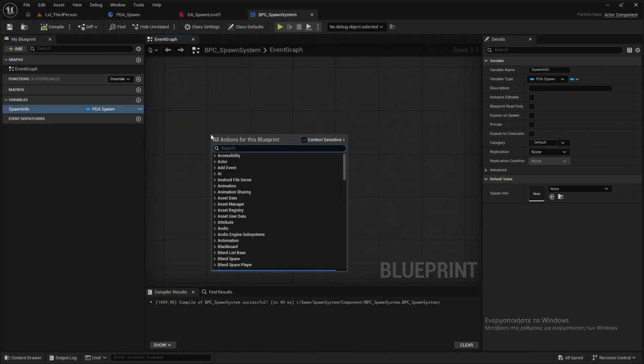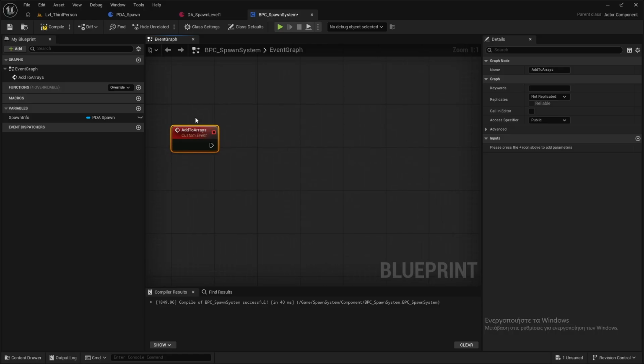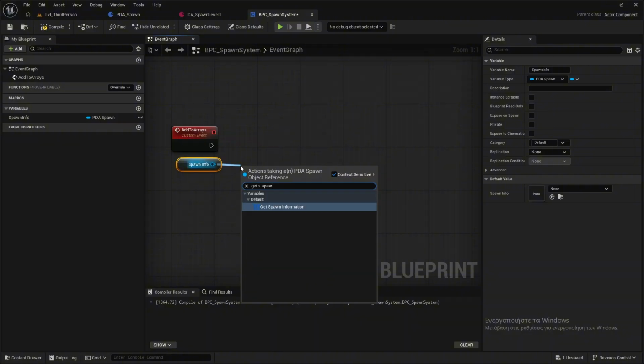And I will do a custom event and call it add to array. I will keep the arrays and take the spawn info, get a spawn information,